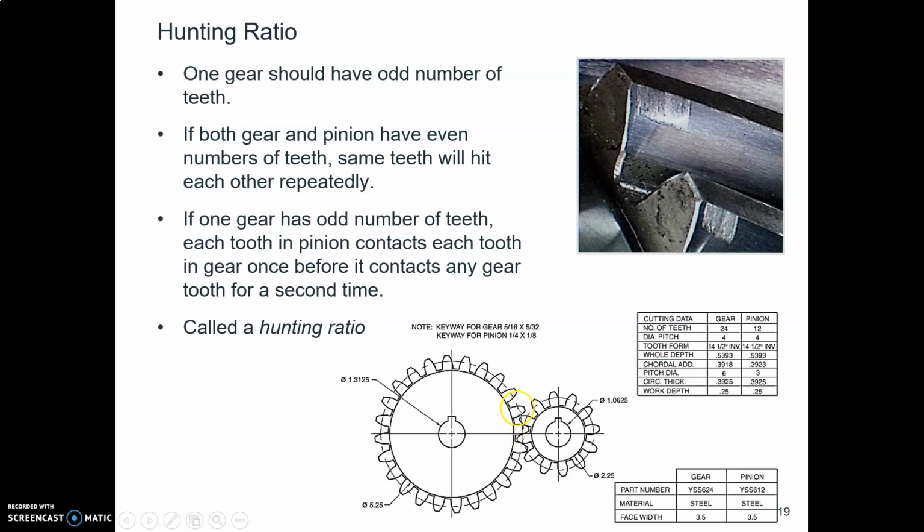That's called a hunting ratio, when one of the gears has an odd number of teeth. So you might want to keep that in mind if you're ever designing a gear train and you want to minimize the tooth wear. Put an odd number of teeth in the big gear. Give yourself a hunting